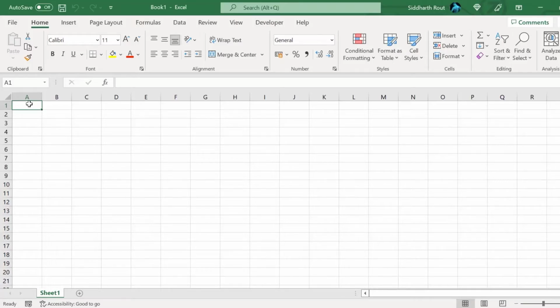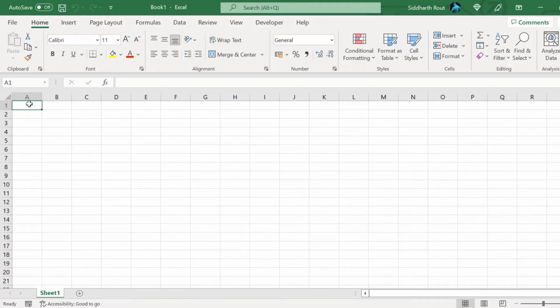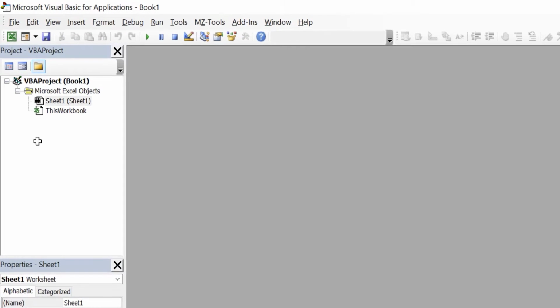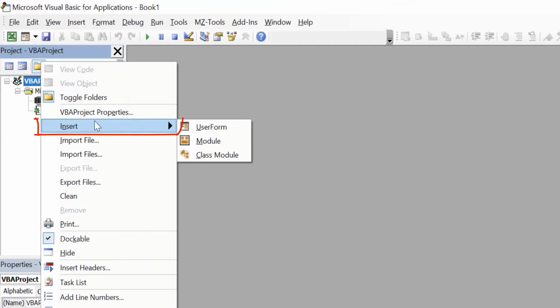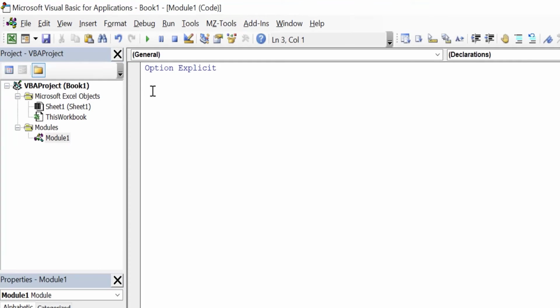We will now launch the Visual Basic Editor. If you're not sure what Visual Basic Editor is, then I recommend watching the video Visual Basic Editor and Introduction. We will press the shortcut key Alt F11 to launch the Visual Basic Editor. Once it is launched, right-click on the VBA project and under Insert, click on Module to insert a module. I'm going to declare a procedure called